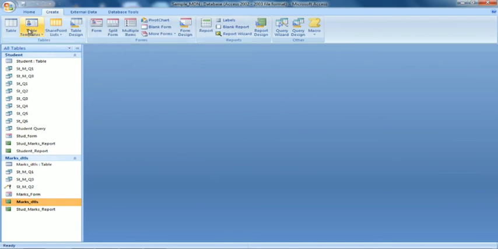So all the 4 objects you have learnt now: how to create a table, how to design a form, how to write queries and execute the query, how to save a query, how to create reports. All this you have done. So now we will be going into little complex queries. First you need to practice this, then we'll go into some complex queries.